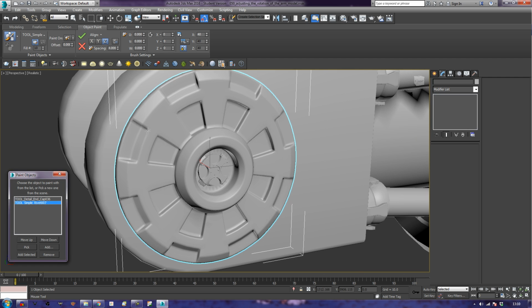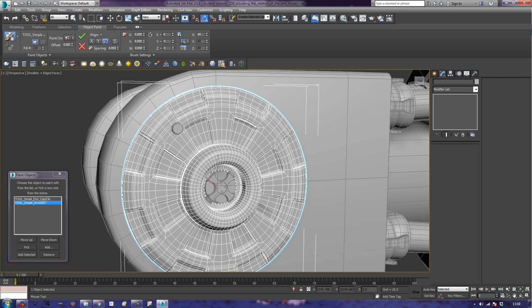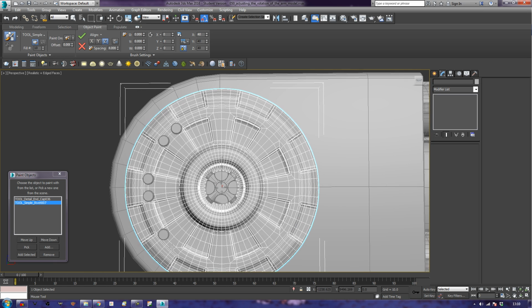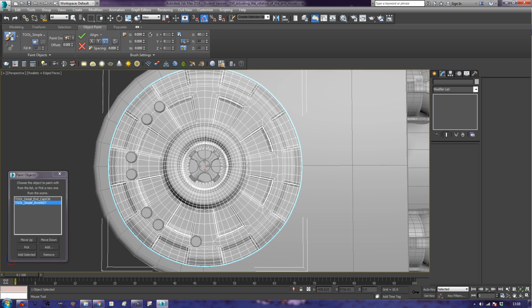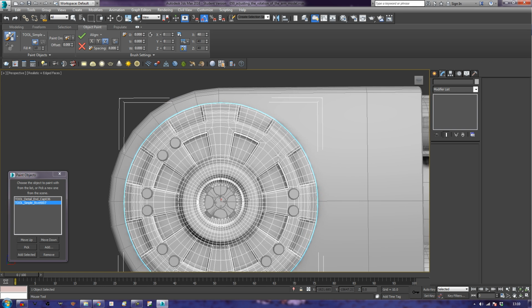Hit F4 so I can see what I'm doing, because there's some places here that will basically just allow me to draw them straight on, like that. Let's go around the model. And then I'm going to right click out and make some smaller rivets for the outsides. So, going at that. Right click,